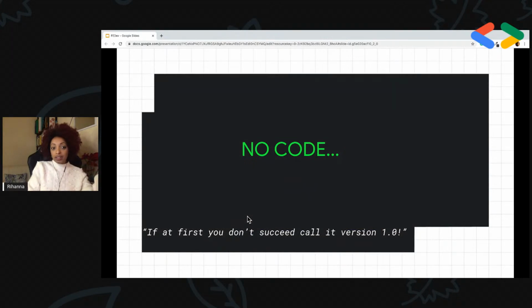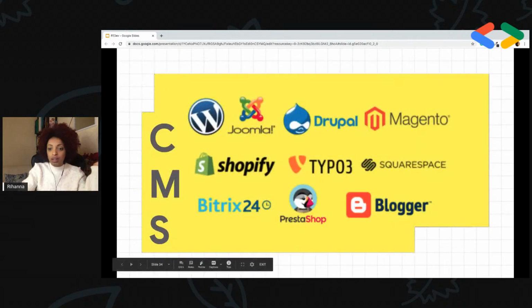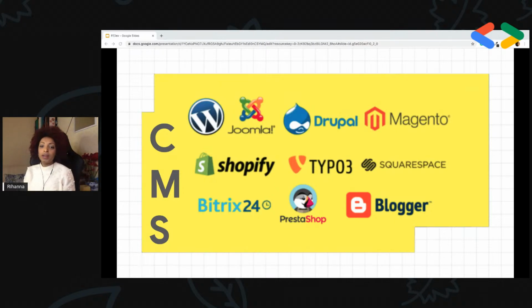On the other hand, what if we don't want to code? I mean, I love coding, so I think that most of you love coding too. But there are cases where maybe we can do some stuff without coding. And of course, we can do that. We can use a content management system, for example. And here's the list of the commonly used ones right now. For example, WordPress. Actually, more than 65% of the websites on the internet are made with WordPress.